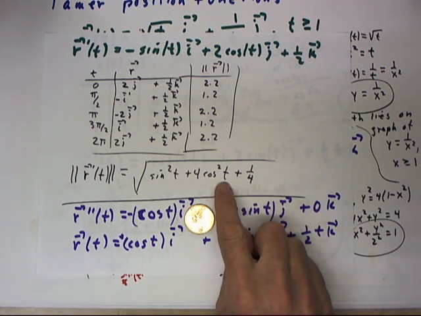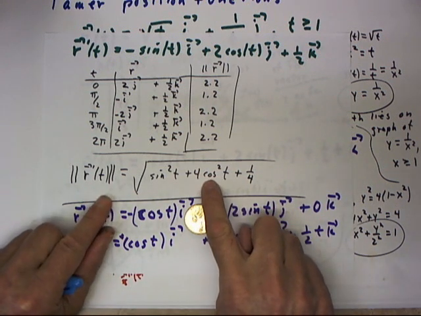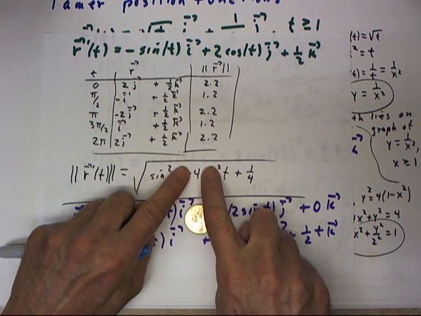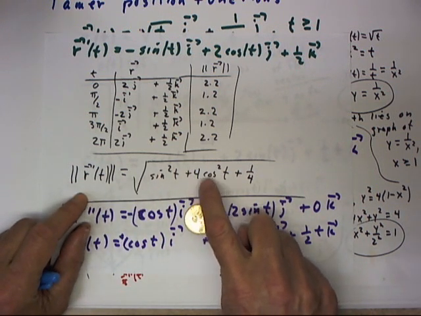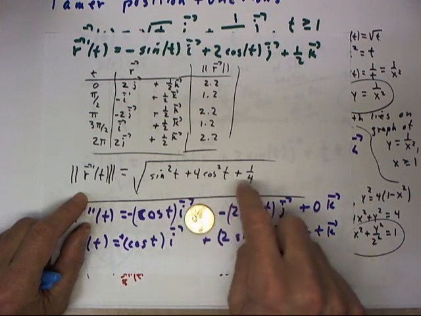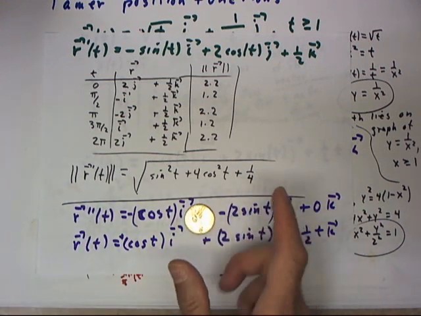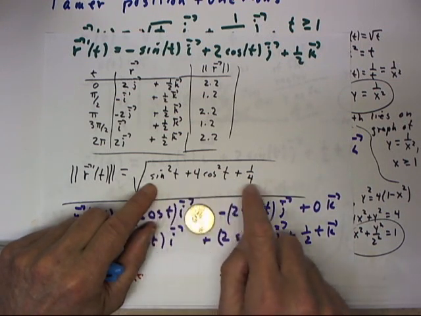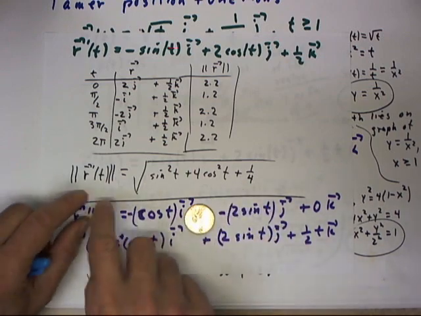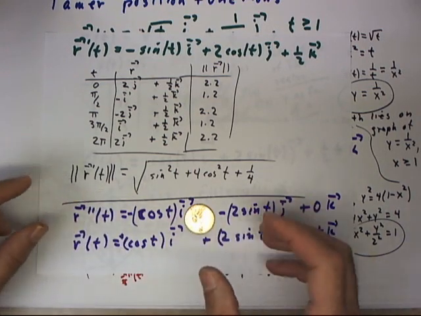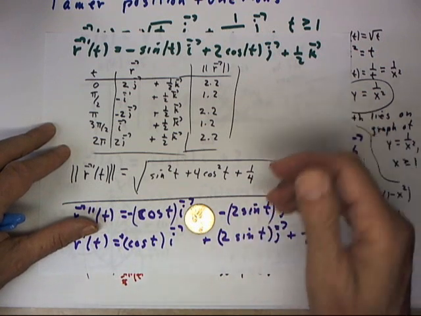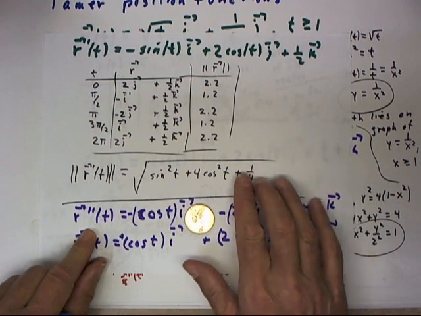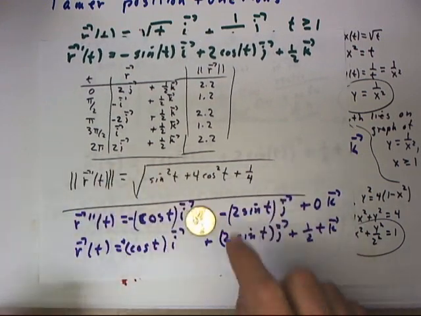When t is 0, then the cosine is 1 and the sine is 0, so that we have a 4 here. So the r prime would be the square root of 4 1/4. When t gets around to pi over 2, the sine is 1 and the cosine is 0, so this is just 1 1/4. So we see that the magnitude of the r prime vector is varying between 4 1/4 and 1 1/4. The magnitude of the r double prime vector, again, these things are going to reverse,